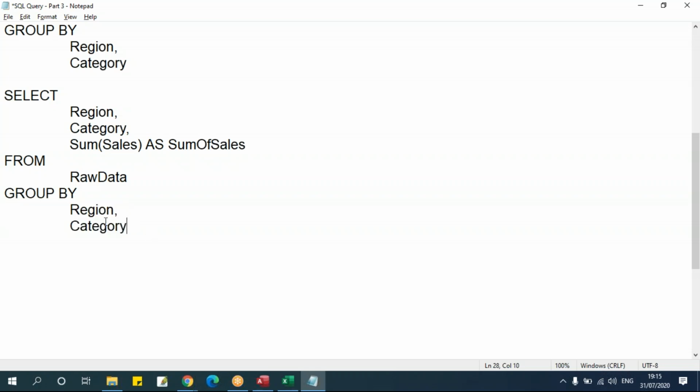The thing is, keep in mind two things. One is grouping, the other one is aggregating. Grouping means I'm taking these columns where I'm not applying any function, and those will be grouped. They should be in my group by section. The column on which I'm applying a function, that is sum, average, minimum or something, will come here, but that should not be in my group by section. That means in simple terms, if I'm using a function, that should not come in my group by section. If I'm not using any function, all the columns which I'm using here should come here.